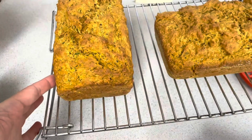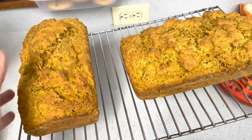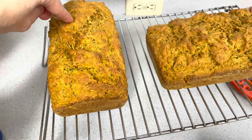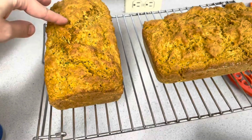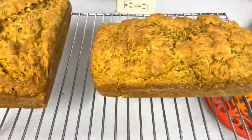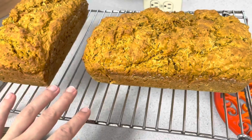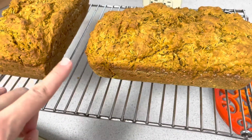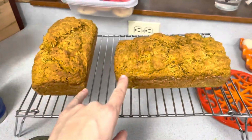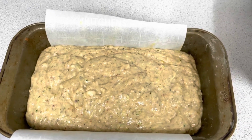Quick update on the banana zucchini bread. I did use flax seeds in the recipe, I used flax meal, and then I forgot to add eggs to it, but it looks like it's held together really well. It smells really good still, but there are no eggs in this. So I think it turned out, but alas, it's still dairy-free, and now it's dairy-free and egg-free postpartum pumpkin and zucchini bread. And then I also decided, since I had 2 more zucchinis and I had some ripe bananas, I made